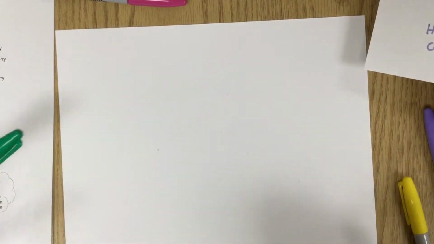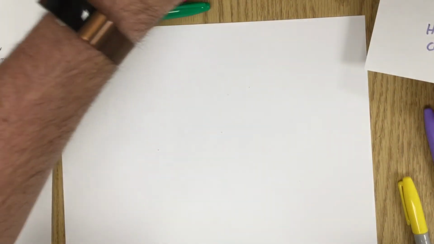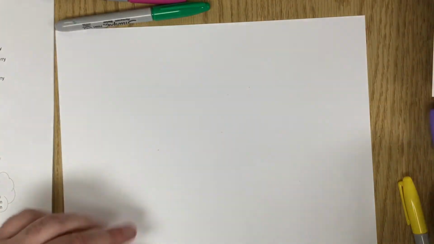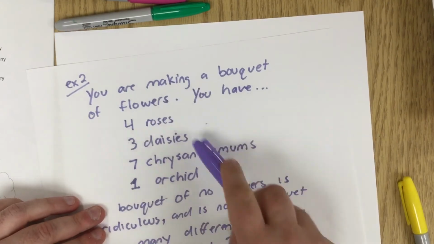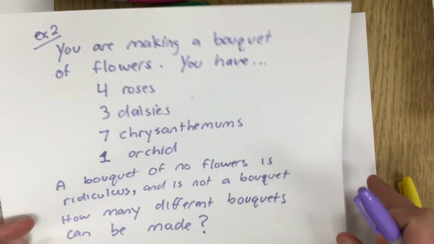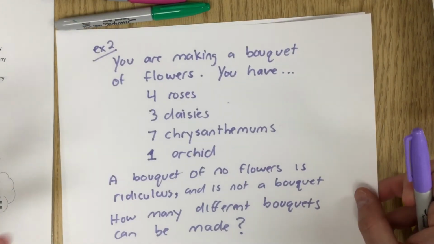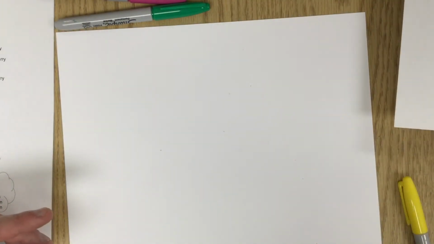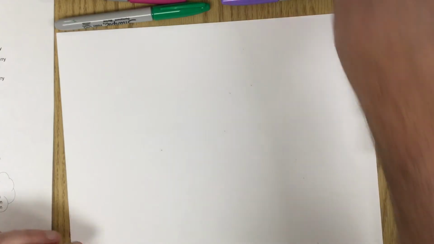So we're going to do the tree diagram technique. But this one's going to be a little bit different. So the roses, what we have here is we have 4 roses and they're all identical, and the daisies are identical, and the chrysanthemums are identical to each other. So now we're doing combinations of some objects where some are identical. So what we're going to say is, okay,